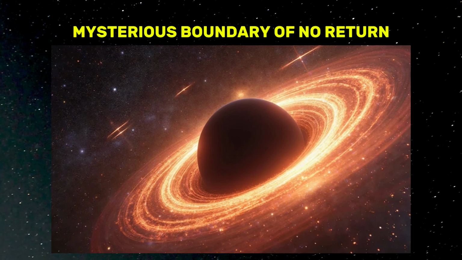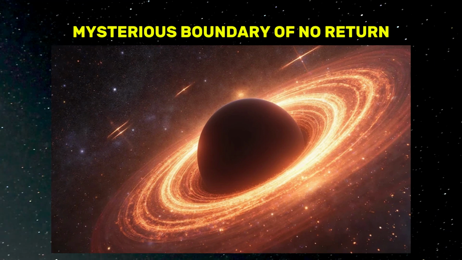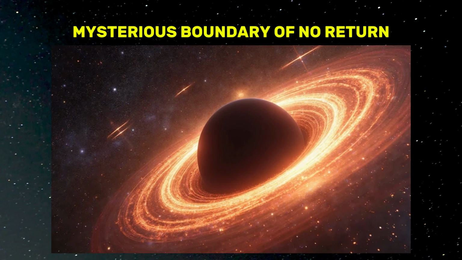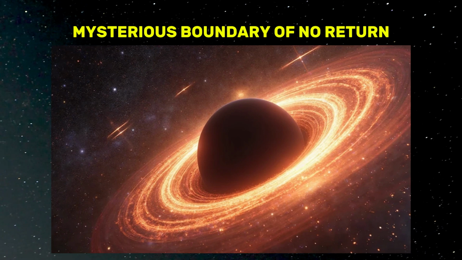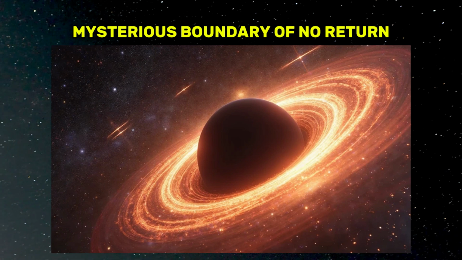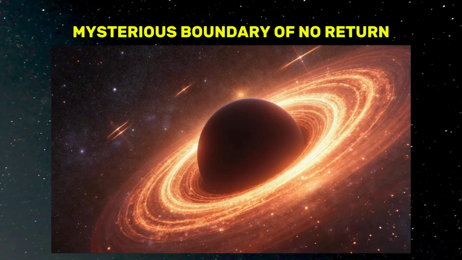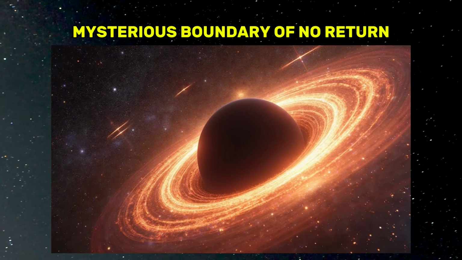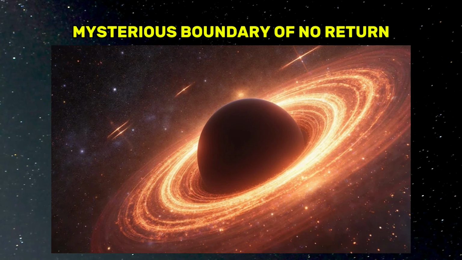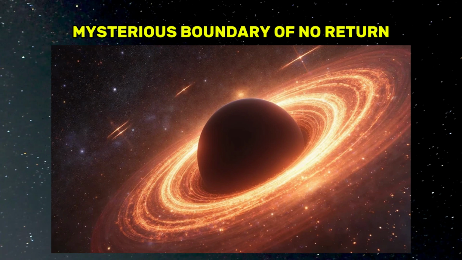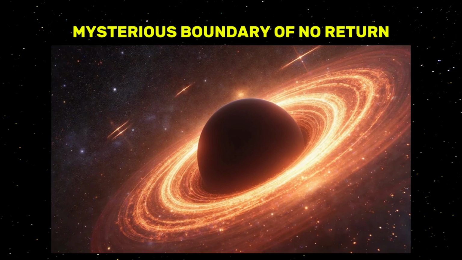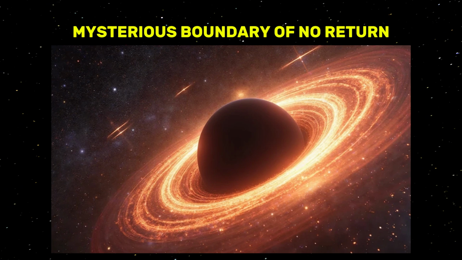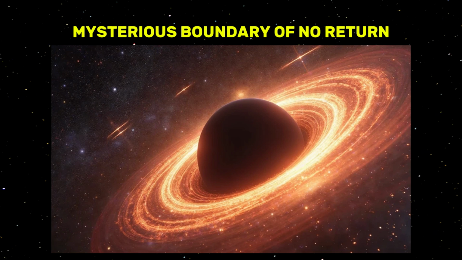Crossing it seals your fate, and nothing, not even light, can escape its grasp. What makes the event horizon even more complex is its deep relationship with time and space. According to Einstein's general theory of relativity, massive objects distort the fabric of space-time, and the greater their mass, the more they bend this fabric. Black holes, being incredibly dense and compact, stretch space-time to such an extreme that the usual rules of physics seem to collapse. The event horizon defines the boundary where this distortion becomes so severe that our standard understanding of time, space, and physics itself no longer applies.